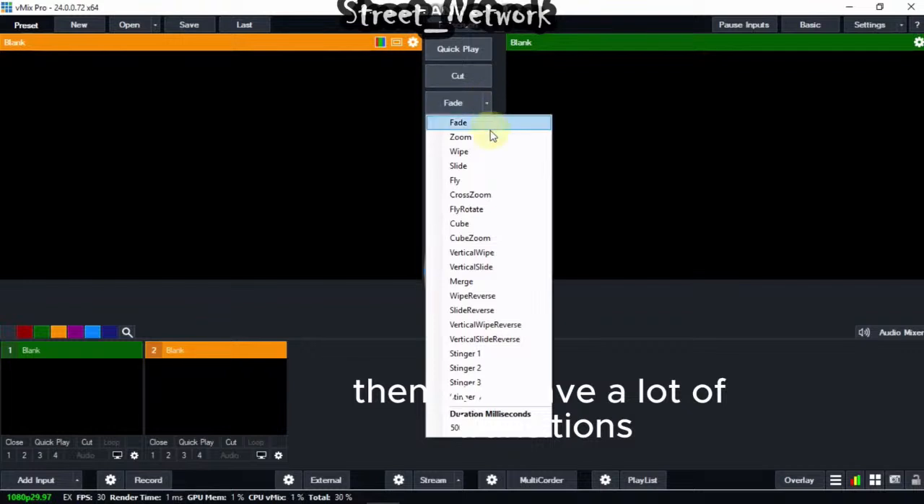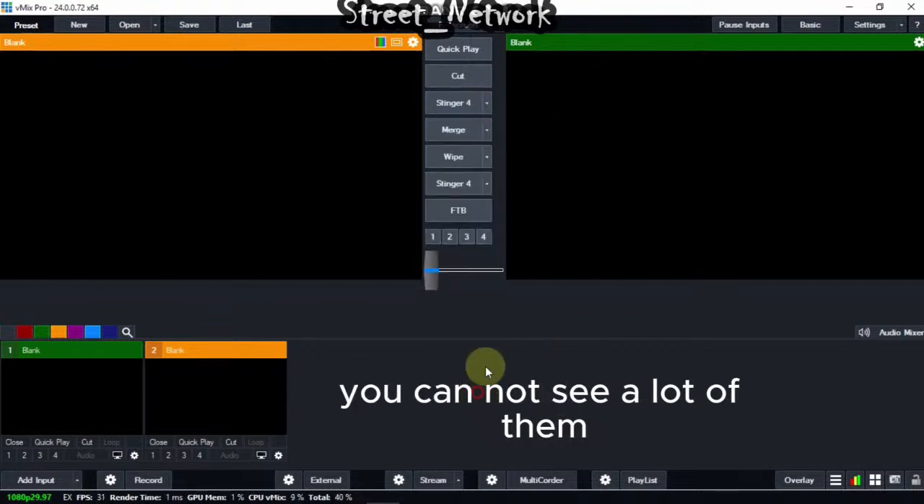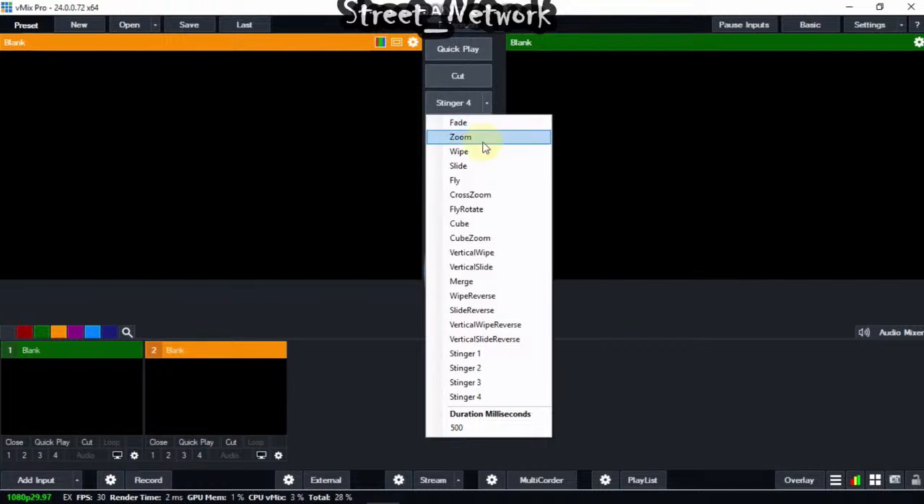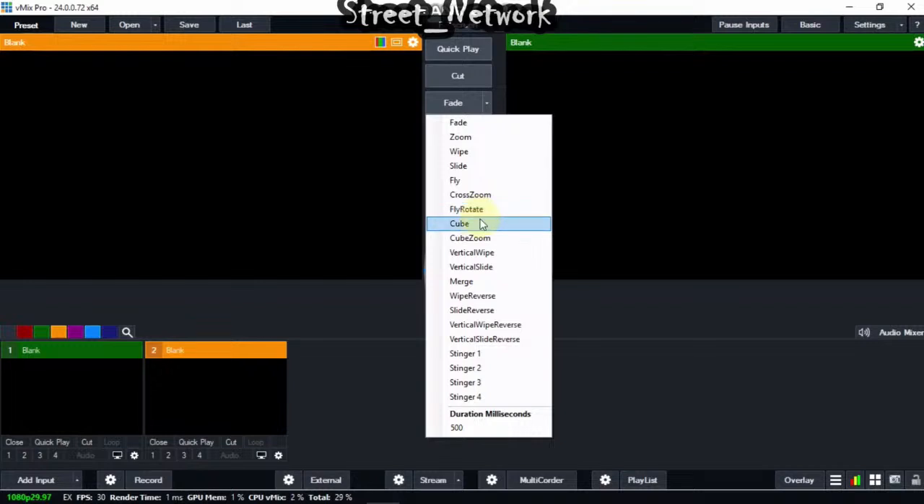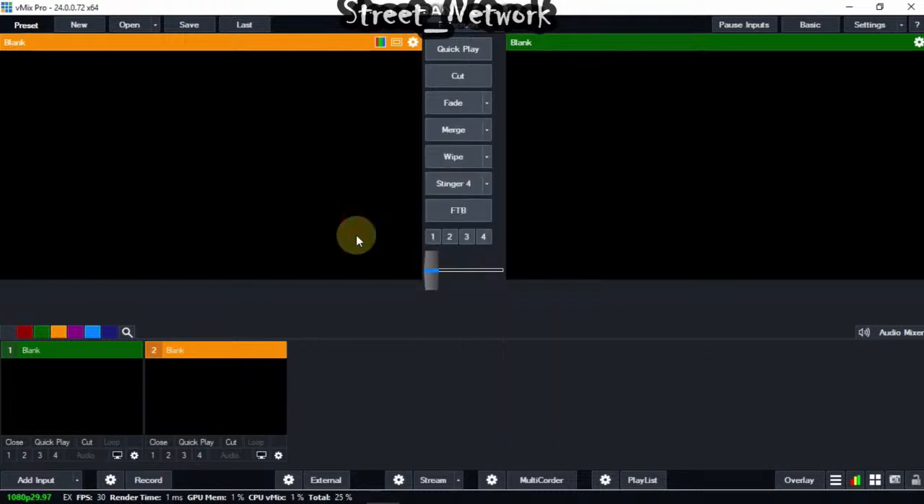Then you have a lot of transition modes. You can now see a lot of them. You can see fade, zoom, wipe, slide, fly, cross zoom, fly rotate, cube zoom, vertical wipe, vertical slice, image wipe, reverse slide, reverse vertical. A lot of it. It depends on your own decision, right? Now here, come now here, find out you have